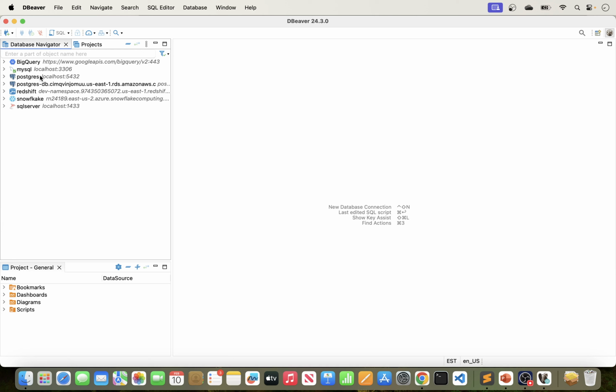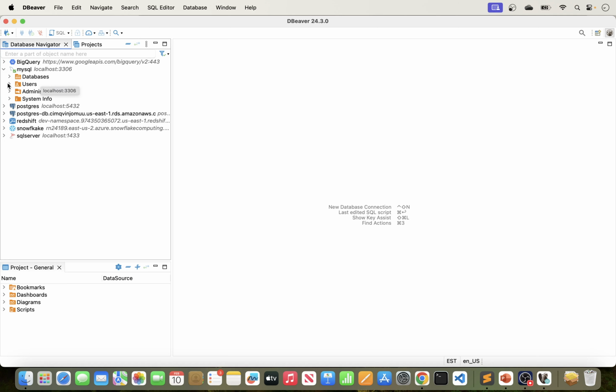You can see here I do have connections also to other databases and data warehouses. You can see I have BigQuery connections to my Postgres. I do also have Redshift, Snowflake, and SQL Server. Okay, so I have all of those videos available for you if you're interested in taking a look into how you can do this. Okay, so once you're here now, I'm going to go into my SQL database here,